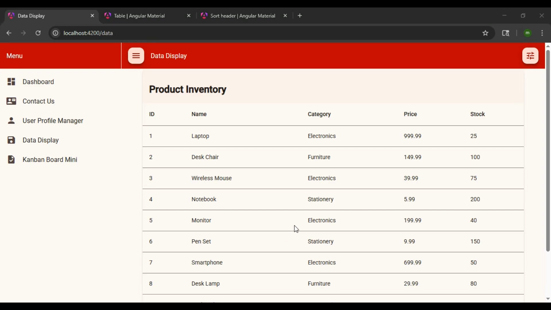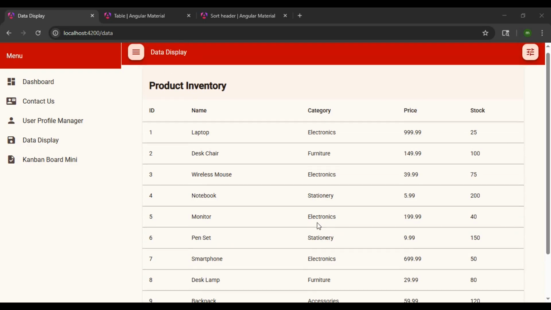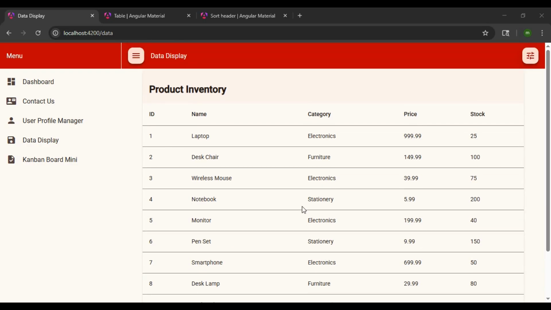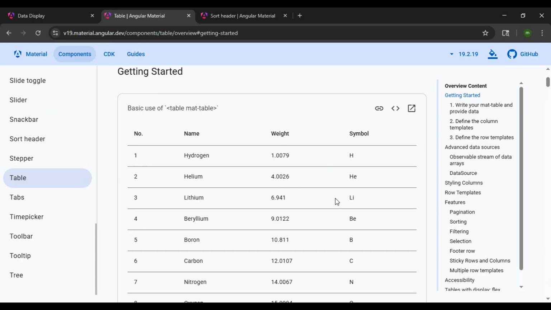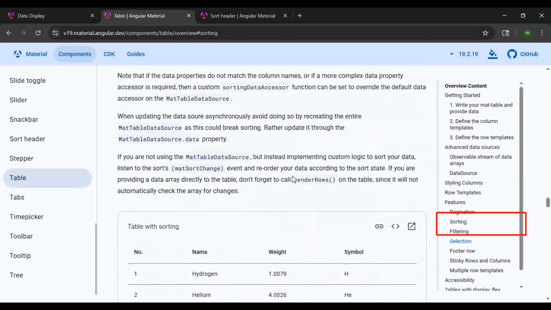Another useful feature we can add to our table is sorting, and that's exactly what we'll learn about in this video. Let's jump into the documentation and see how it works. There's a couple places where we can learn how to implement our Angular material sorting. One is within the table component. They have a really good example. If you scroll down to the features and then select the sorting, this will show you how to implement sorting